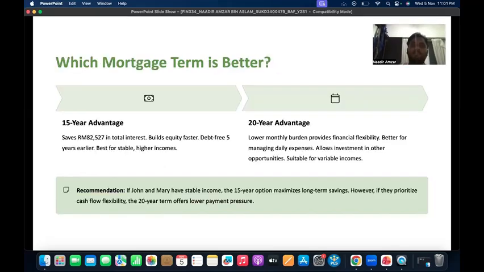So next, which mortgage term is better? So which one is better, 15 years or 20 years? Well, it depends on their financial situation. The 15-year loan helps them become debt-free faster, build equity sooner, and save over 82,000 in interest. It's ideal if they have a stable high income, but the 20-year loan offers more flexibility with smaller payments, making it easier to